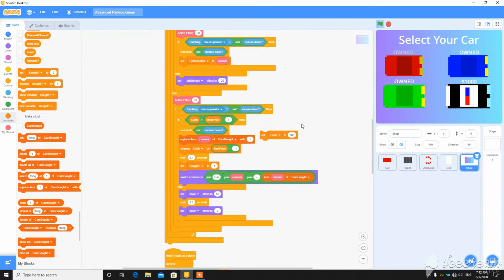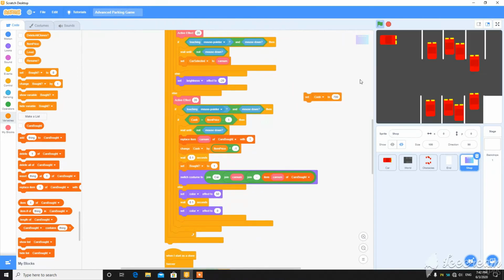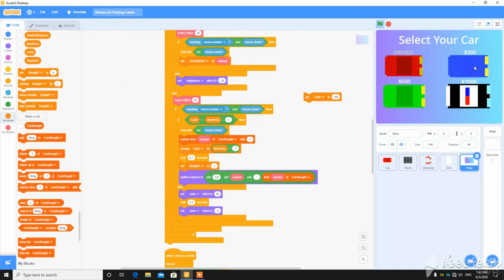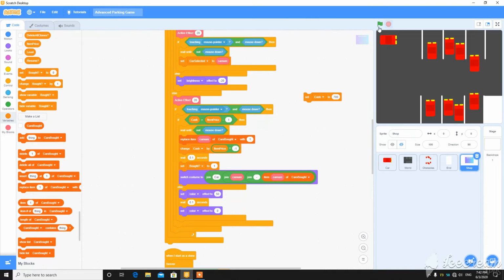So now this should work. Set cash to 700. When the green flag clicked, then press up arrow key. When I click this, it is set to owned, but the car is not selected. We have to select it manually. So let's click down arrow and then press up arrow. So it is again showing the $200 and $500 thing.